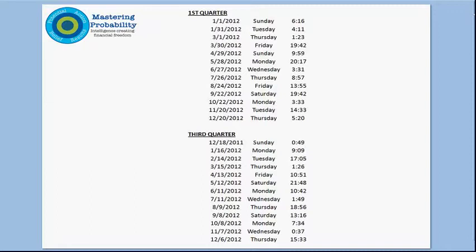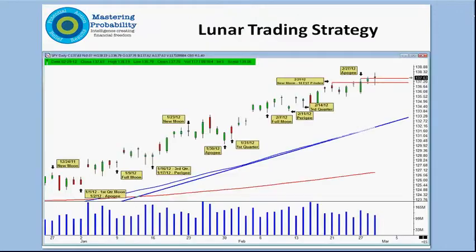This here is the lunar trading strategy system. I don't think I'm including this in each day's newsletter. This was taken maybe about an hour ago or so. The SPYs right now are not trading right there. If I take a quick look here, the SPY is trading at 137.14. What really needs to happen, and we'll take a look at it a little bit later, is being able to get inside these swing points from February 3rd, in my opinion.